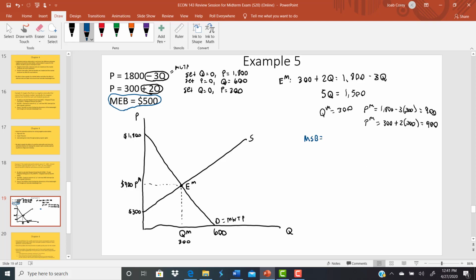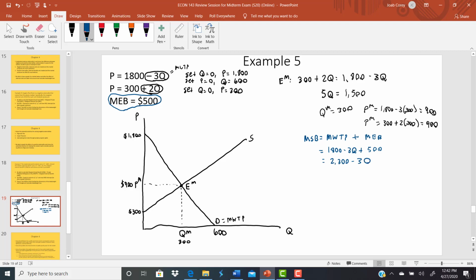Remember, our marginal social benefit curve is equal to our private marginal willingness to pay plus our marginal external benefit. So in terms of the equations you've been given, that is that demand curve equation, 1800 minus 3Q plus 500, that's going to be equal to 2,300